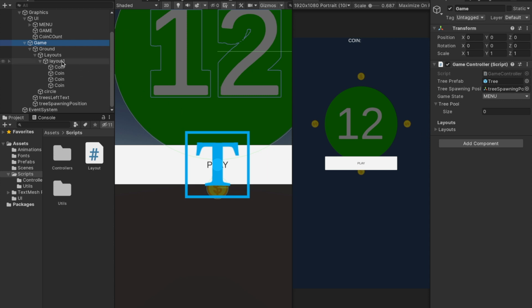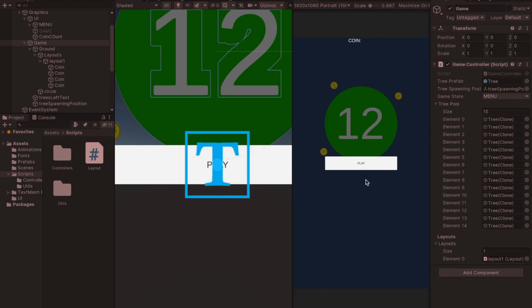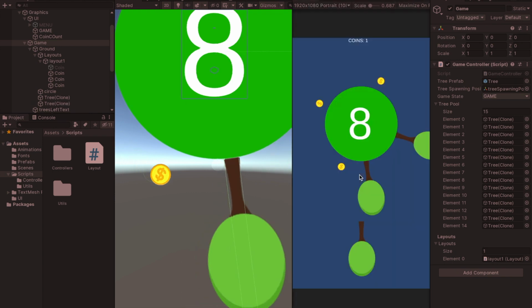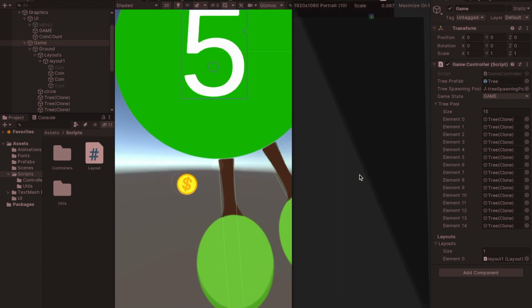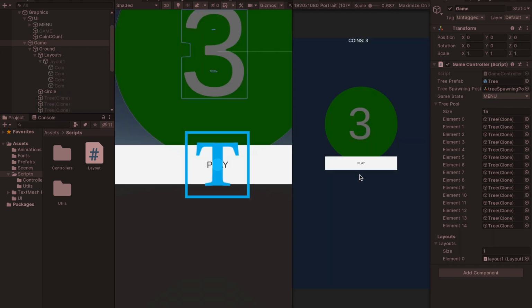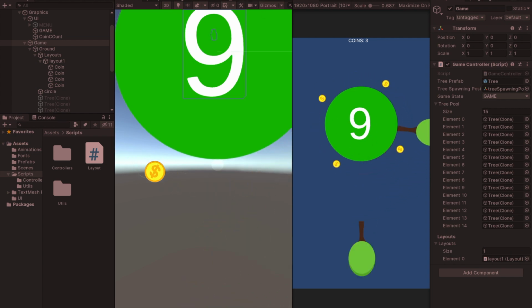Okay, and now let's go back to Unity, and in game, yeah, in layout let's drag this layout there. Alright, so now when I run the game, play. Alright, I just use some coins, I get them, and I will fail the game. Alright, now when I played it again, I have 3 coins, but my text field didn't update, so